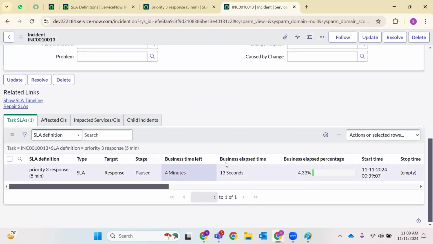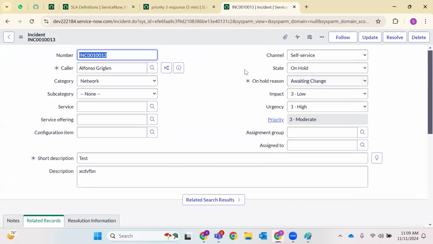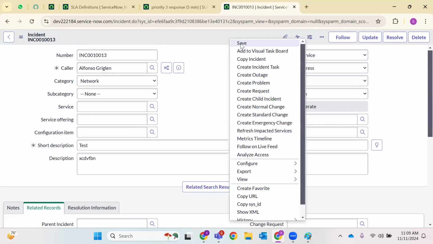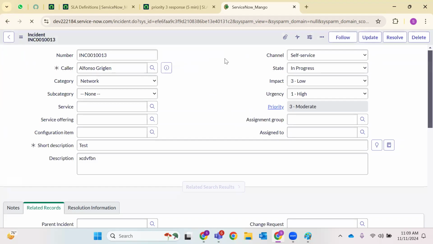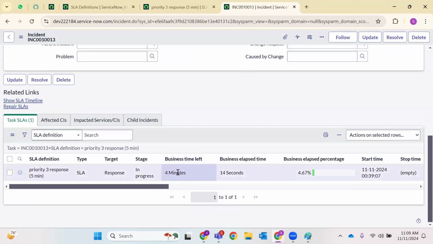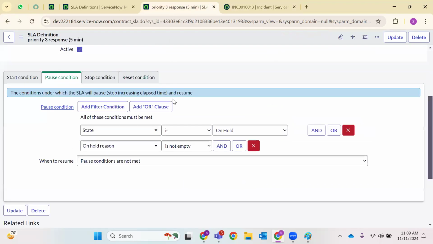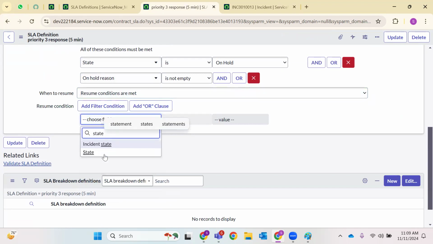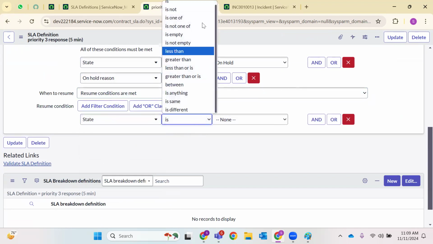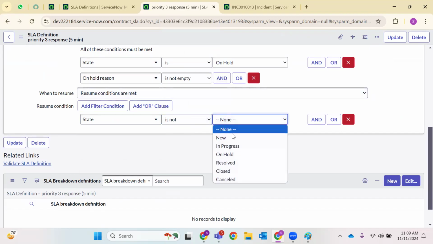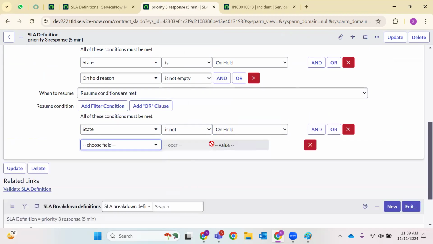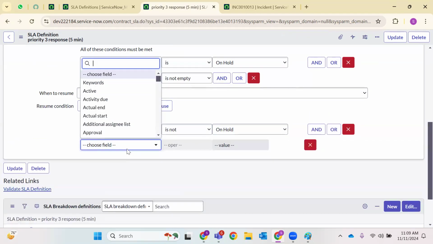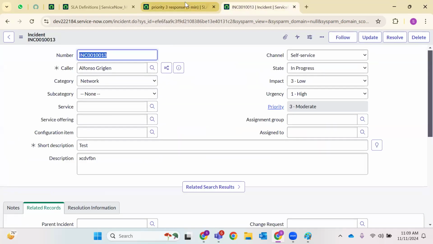Previously it was in progress. See, at 13 seconds I have paused it. Now I'm just changing the state to in progress. It has to be resumed. That means again SLA should start working. See, it is in progress. But you have specific resume conditions. Again, state is not on hold, and you have specific conditions here like